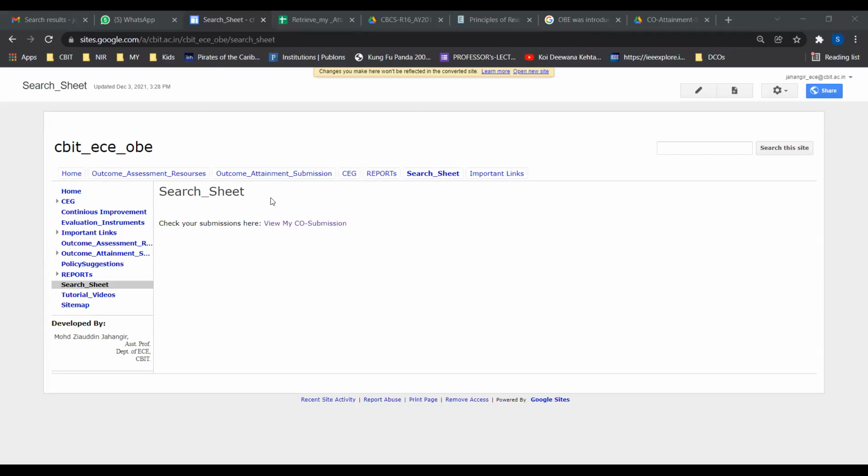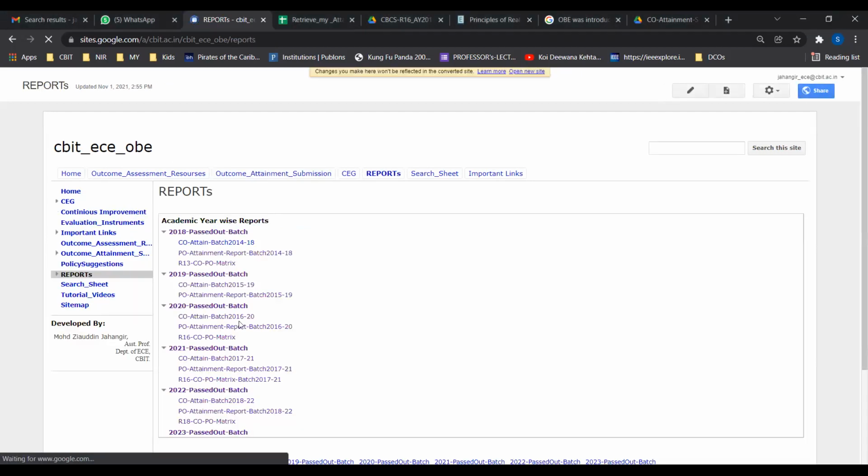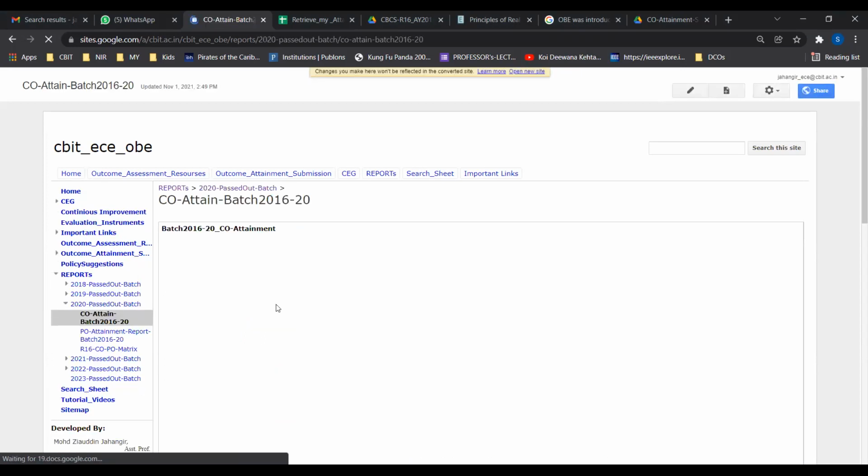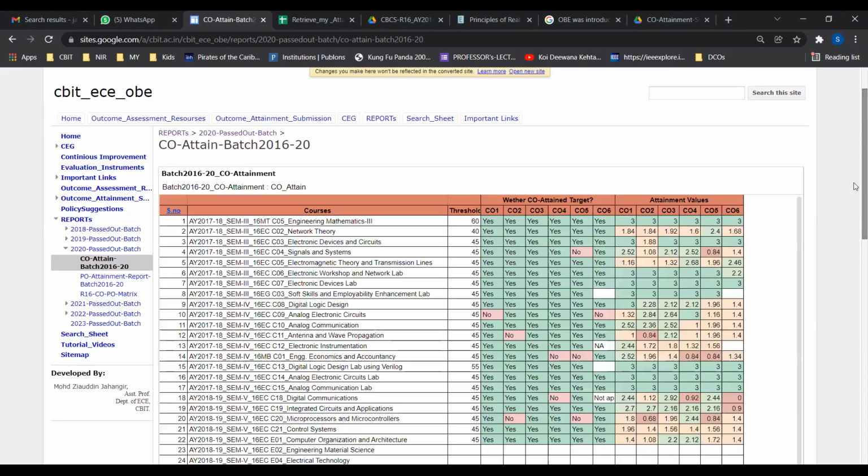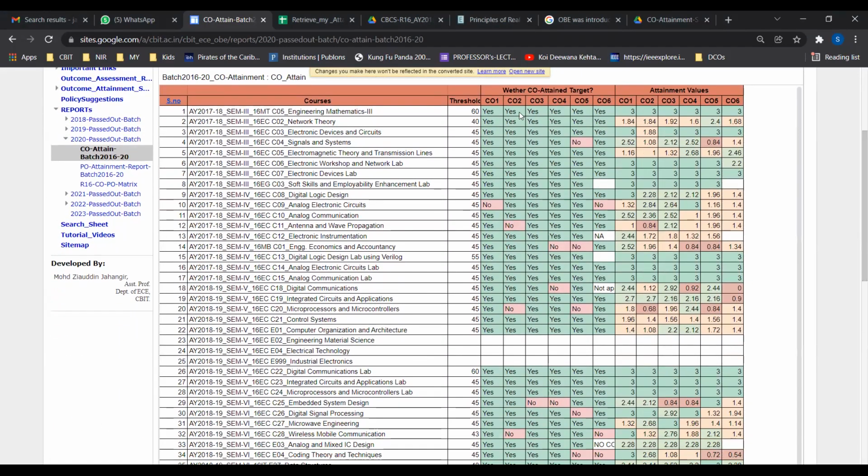For addressing that, we'll be using our department's website and whatever CO attainment is submitted here to identify where the gaps were. So in this website, there is a section called reports where I have reports for the previous batches. So I'll be taking the 2016-20 batch. And here are all the attainments, whether they are attained or not, and their attainment values. If I take one of the courses here,